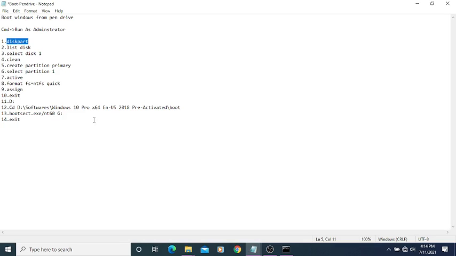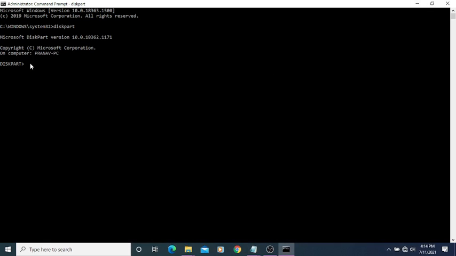After that we will go to the second step, list disk. List disk will show the memory of your computer or laptop. You can see disk 0 is nothing but your laptop or desktop memory, and disk 1 is nothing but the USB drive or pen drive which we inserted.